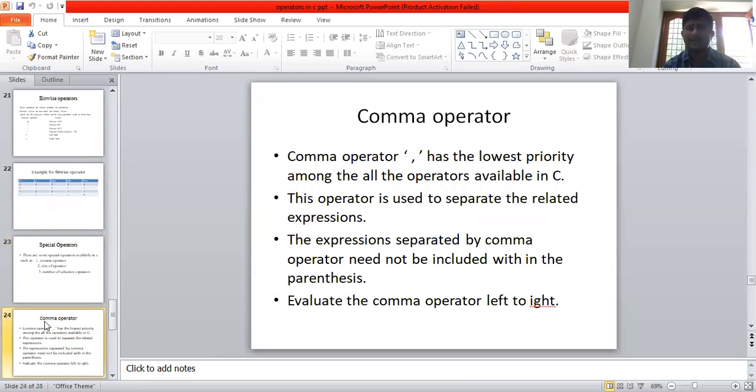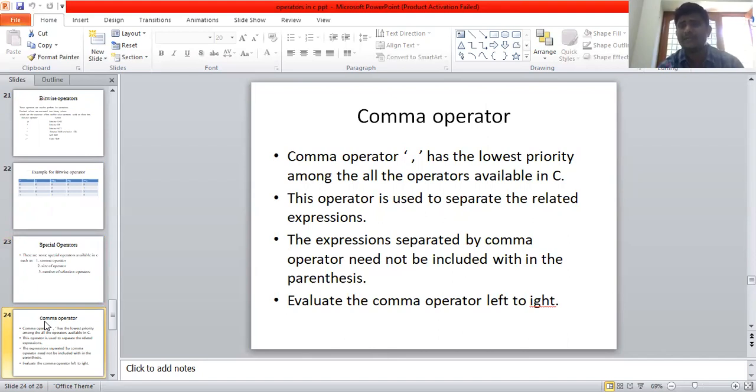First one is the comma operator. The symbol is comma. Comma has the lowest priority among all the operators available in C.